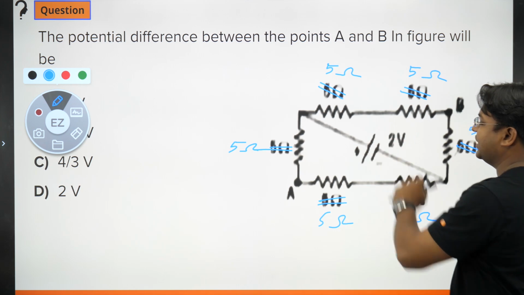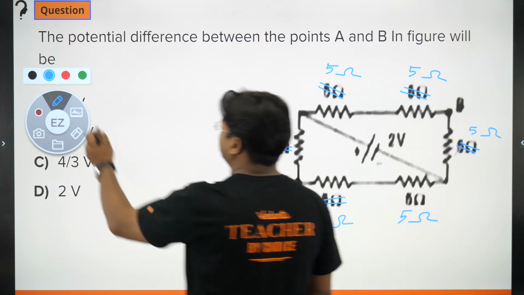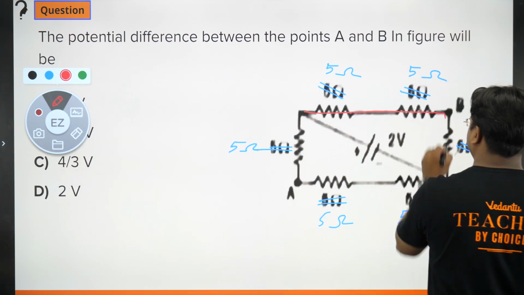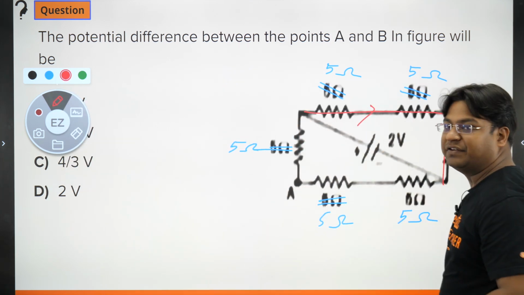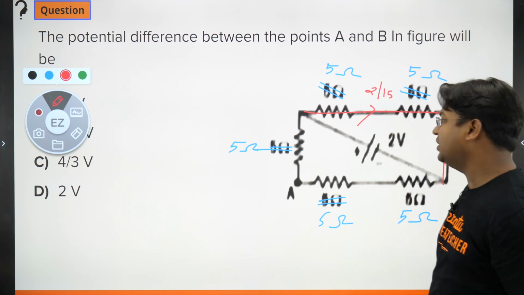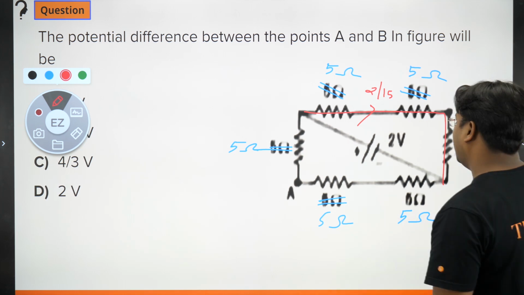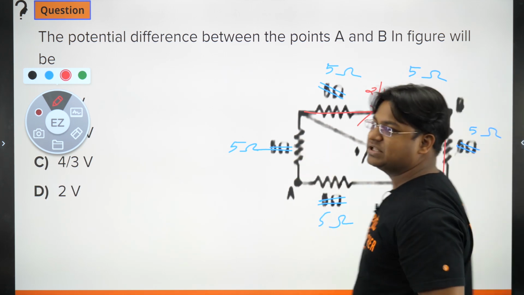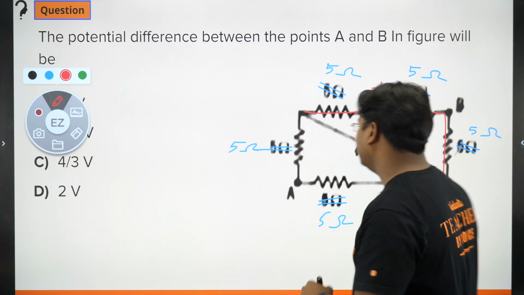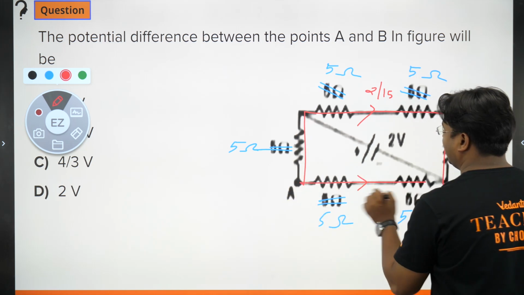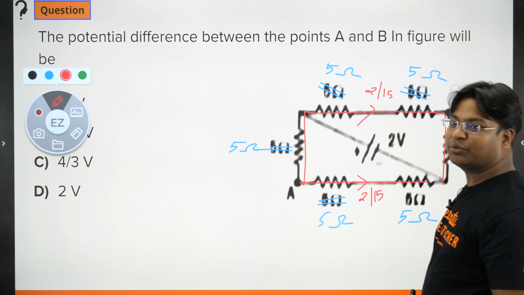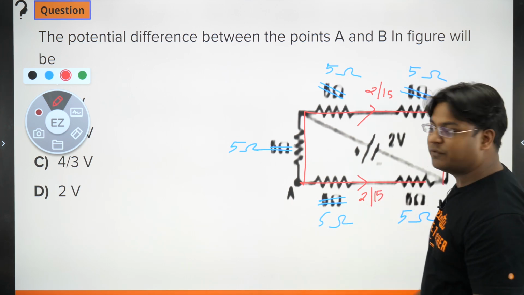This 15 ohm is connected across a battery of EMF 2 volt. So the current flowing through this branch is definitely 2 by 15 ampere. Similarly, in this branch we have 3 resistances of 5 ohm each connected in series, so this branch will again have the same current, 2 by 15. Now to find the potential difference between A and B, what we can do is